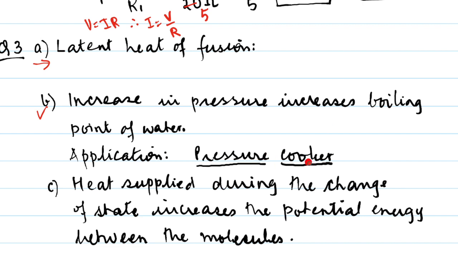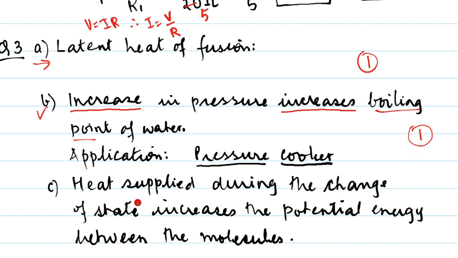The example of the pressure cooker, remember pressure cooker, there is increase in pressure on the surface of water, and so water boils not at 100 degrees C but around 120 to 125 degrees C, and so it has increased the boiling point. So remember, it's directly proportional. Increase in pressure increases the boiling point, and you can underline the keywords like this, and the application right in the next line, pressure cooker, and underline it. So that will give us 1 mark here, and this will be again 1 mark here,